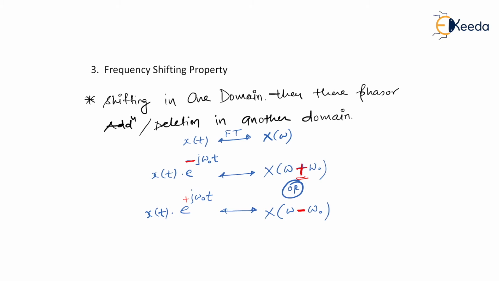In case of time shifting, the sign were similar, that is, let me remind you, by assuming again same, if x of t's Fourier transform is X of omega, in that case x of t minus t naught has a Fourier transform as e to the power minus j omega t naught X of omega. So you can notice over here, if we have a negative sign in time domain, we have negative sign in the exponent of a frequency domain.